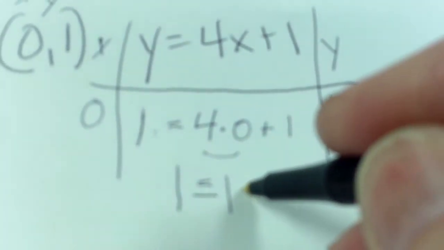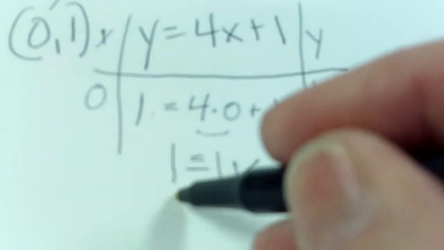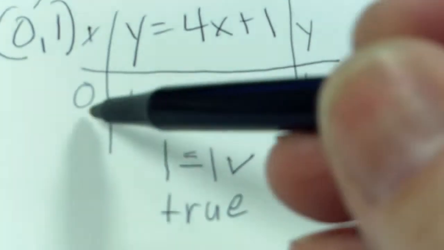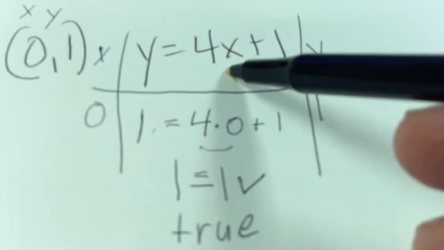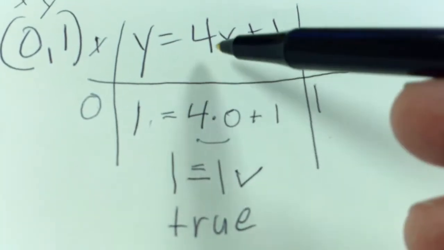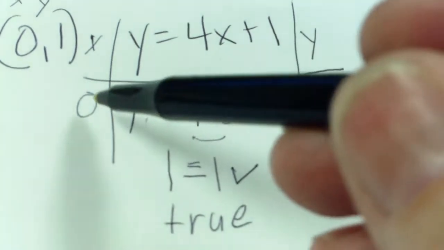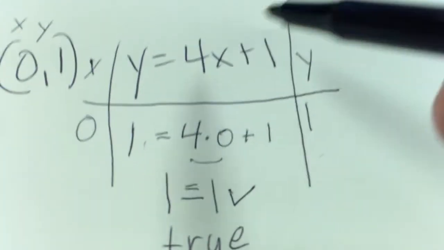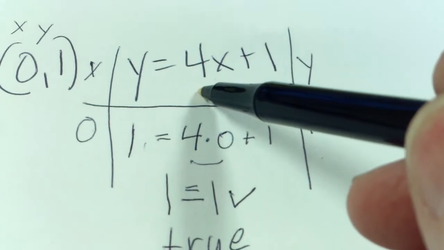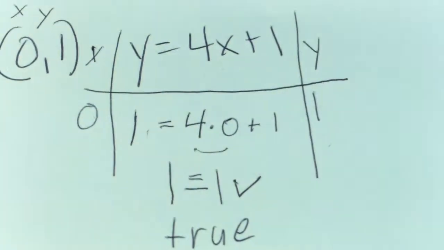Is this a true statement? Does 1 equal 1? You bet it does. So guess what? If this is true, then that means when x is 0 and y is 1, those values make this equation true. Well, if these values make this equation true, then this point is on the graph of this equation. And if we were to graph it,